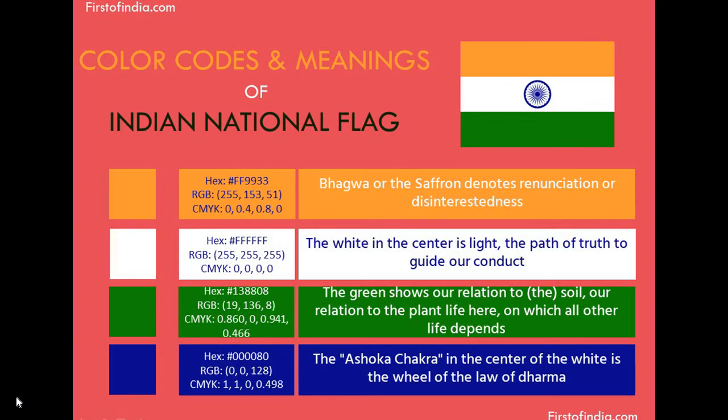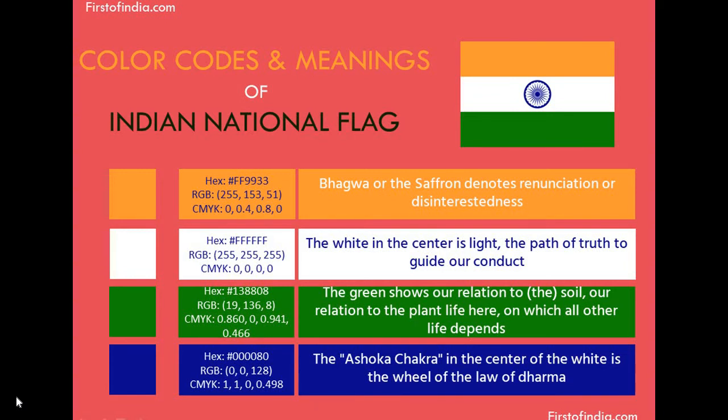The next color is white. The white in the center is light, the path of truth, and it guides our conduct. The white color denotes light, the path of truth. The second color is the green, which shows the relation to soil, our relation to the plant life here,